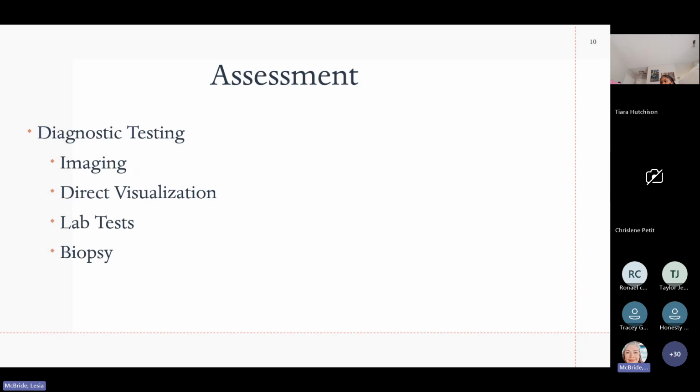Cytology studies look at the cell types. For instance, an example would be a pap smear. And then liver function studies. We may do a guaiac test, which is a test for blood in the stool. We take a stool sample, we put it on the card, we put a couple of drops of a reagent, and it tells us whether or not there's blood in the stool. And of course, there are tumor and genetic markers, which we talked about a little bit.